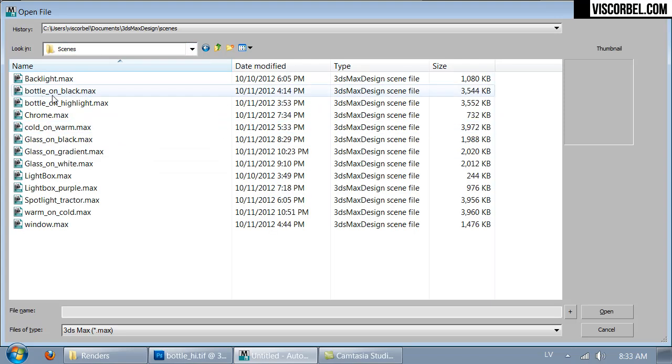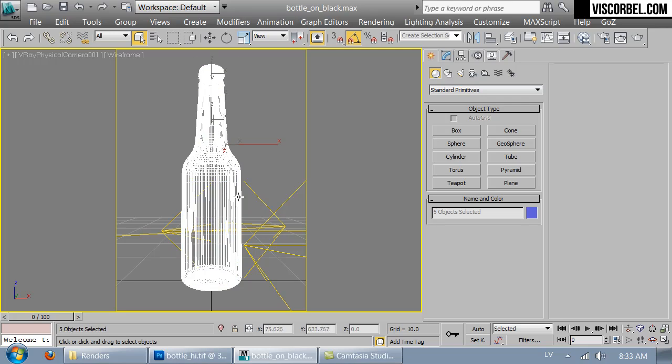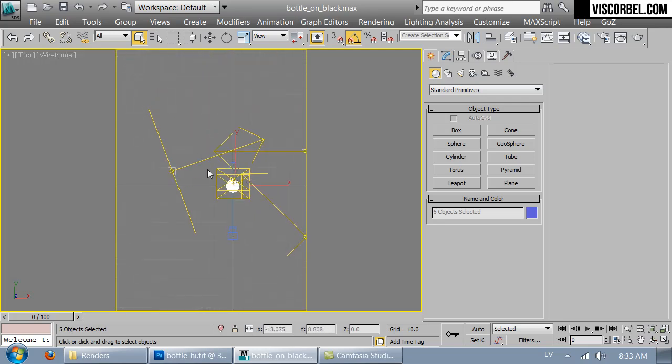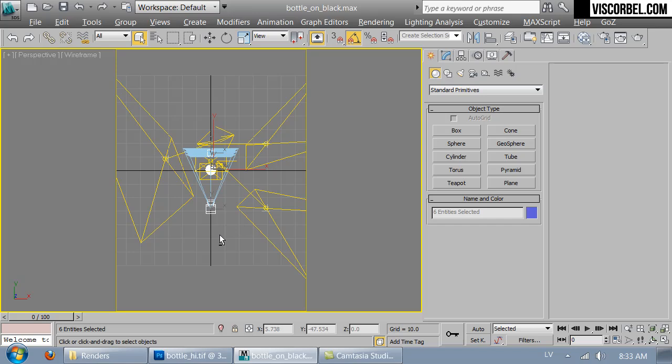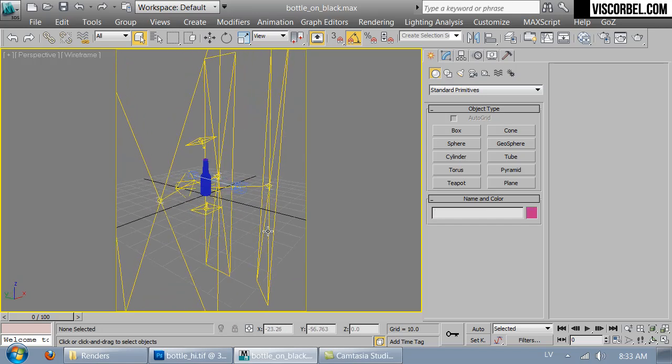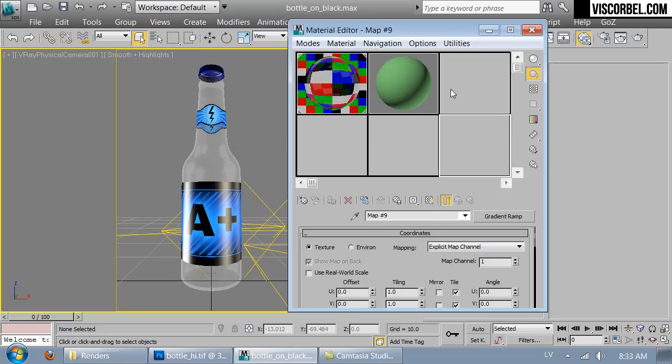Well, let's open the scene with these bottles. And basically what I want to do is just select the bottle, the camera. Since there's no background here, we actually don't need to delete anything, so what I'm going to do is